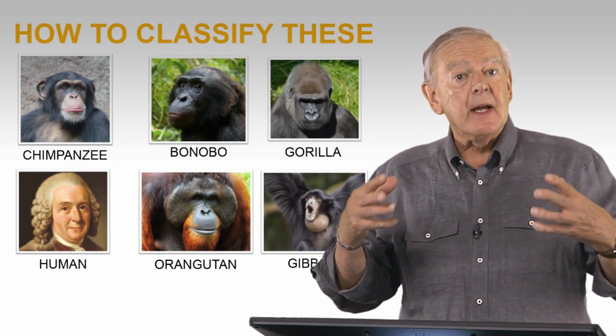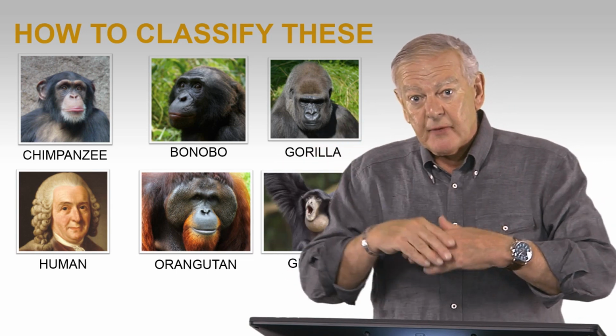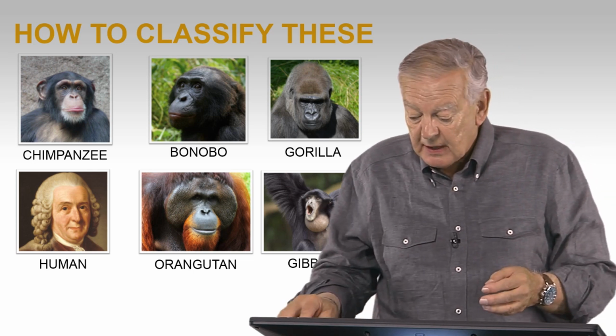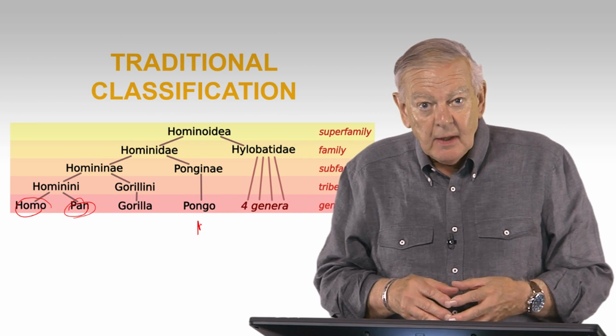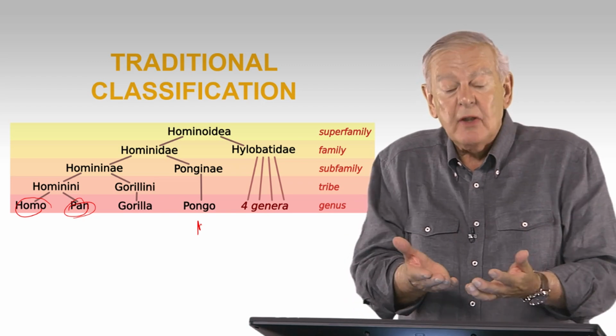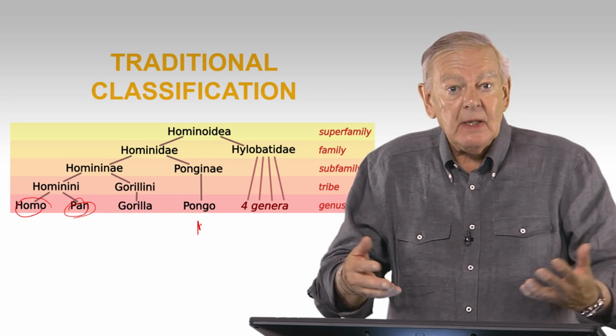Now that we've learned a lot about what a species is and a little bit about Linnaeus's system of hierarchy, let's look at these familiar animals, including ourselves, and see how they're organized. Well, in a traditional classification of these, showing the relationships between them, we would look at their anatomy, their morphology,